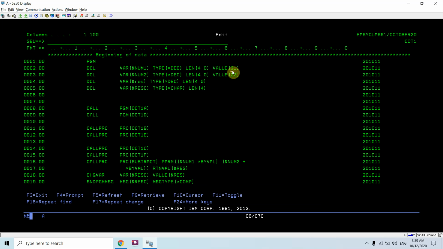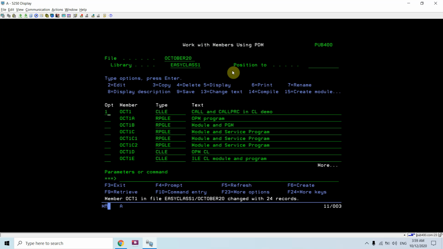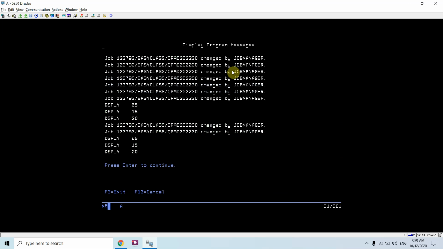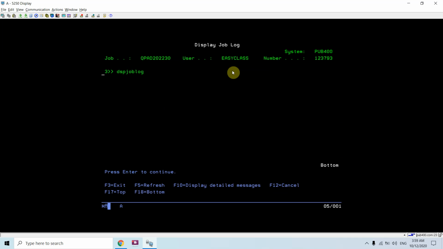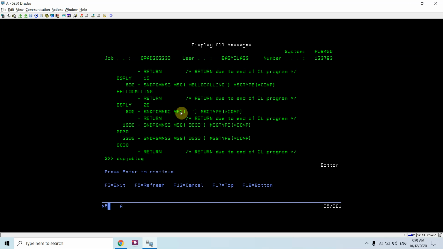Okay, change 20 30. Okay, DSP job log. So the result would be -1 in that case, but now the result is in positive value, so that we can see, and we can see that in the messages also.